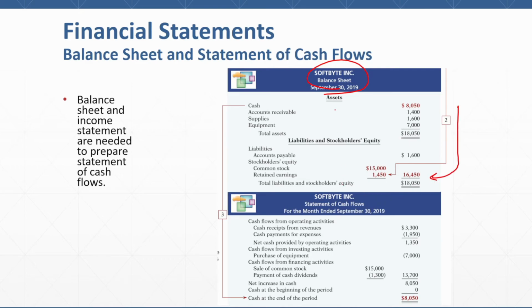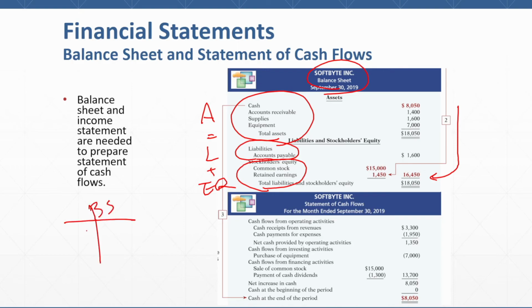Balance sheet, as you know, reports our assets as well as our liabilities and equities. Assets equal liabilities plus equities. We can present our balance sheet in a horizontal format like this. Assets go to the left, liabilities and equities one on top of the other on the right, or we can present them vertically, like assets and then liabilities and then equities, all one after the other.